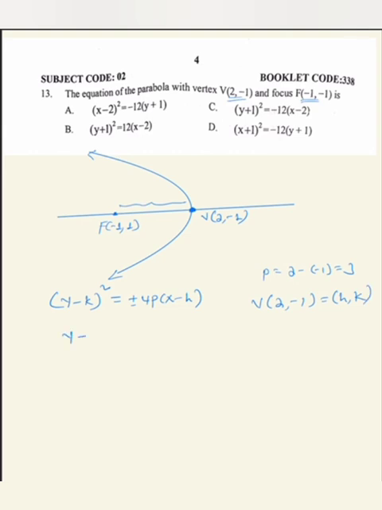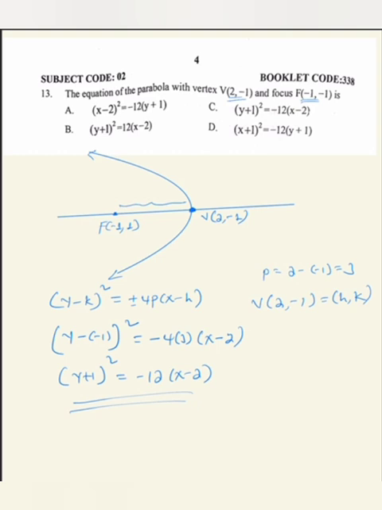ስለዚህ the equation of the parabola will be y minus -1 the whole square is equal to -4 times 3 into x minus h ደግሞ 2 ነው ማለት ነው so ይሄ ምን ይሆናል y plus 1 the whole square is equal to -12 into x minus 2 ይሆናል ማለት ነው so this will be the equation of the parabola with the given information so መልሳችን የሚሆነው ለ13ኛው ጥያቄ